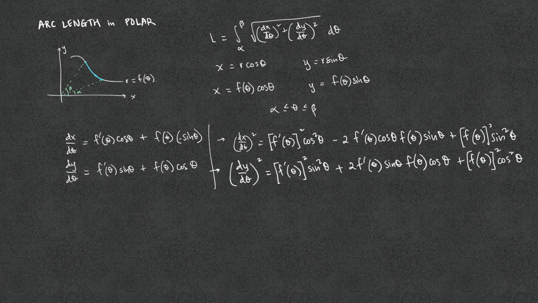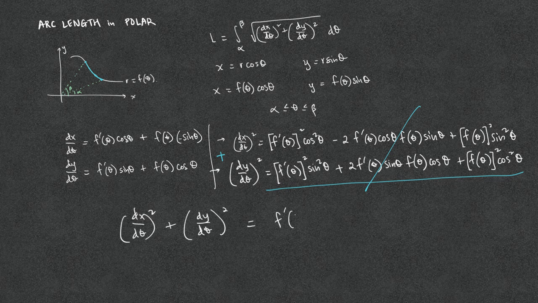We then need to add the two, because in the arc length formula, we need (dx/d theta) squared plus (dy/d theta) squared. But when we add these two, the middle terms cancel out. The left-hand side is (dx/d theta) squared plus (dy/d theta) squared. The right-hand side is f prime of theta squared,